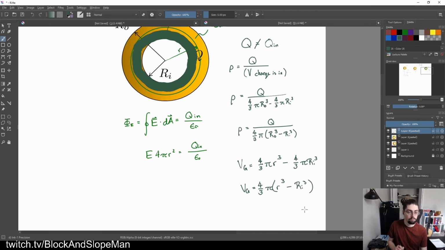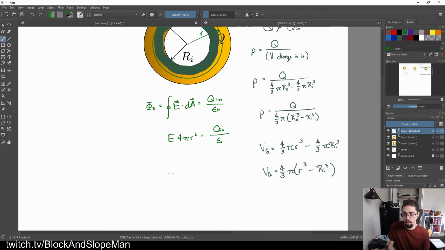Something like this, right? Now, my q inside is just going to be, give myself a little bit more space. We'll leave this side alone for now. Q inside is going to be my charge density times the volume of the Gaussian surface that actually has charge